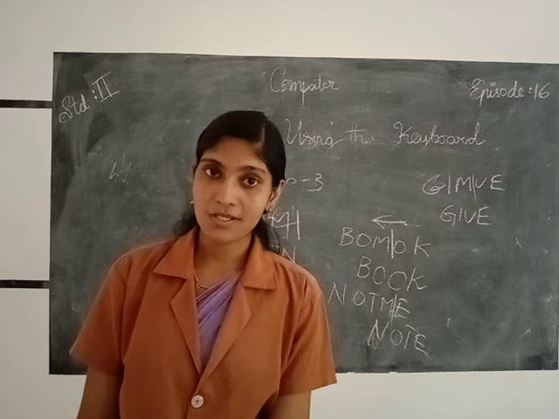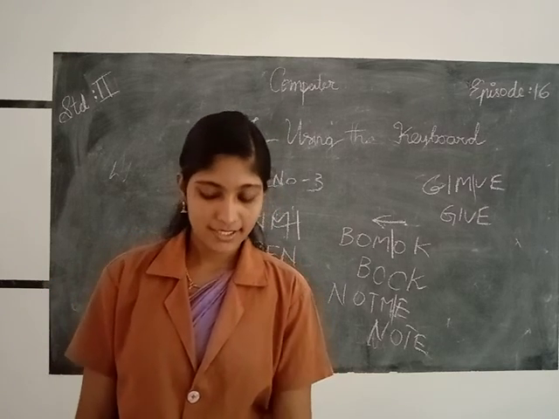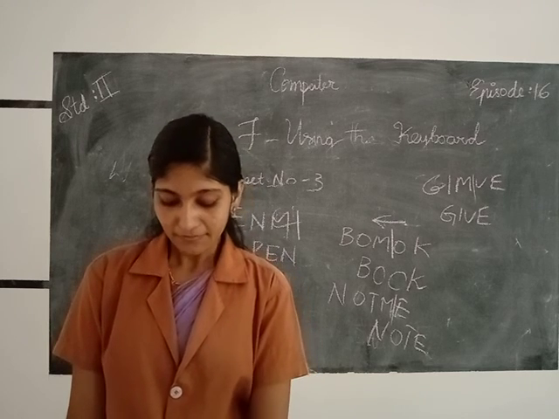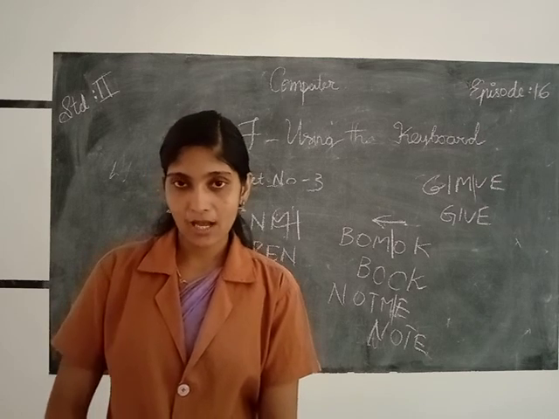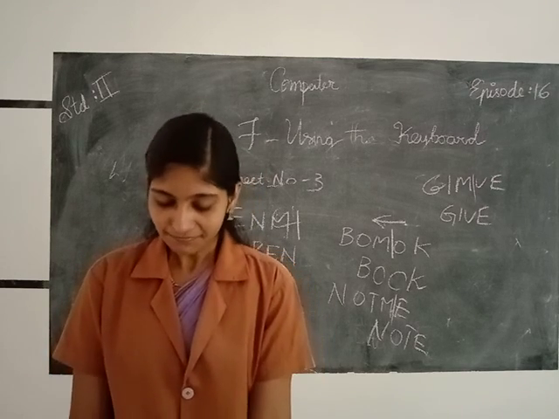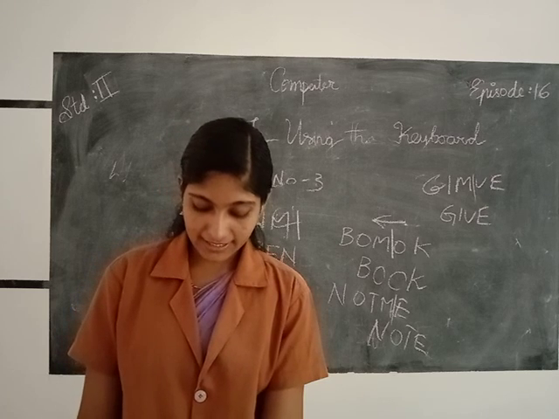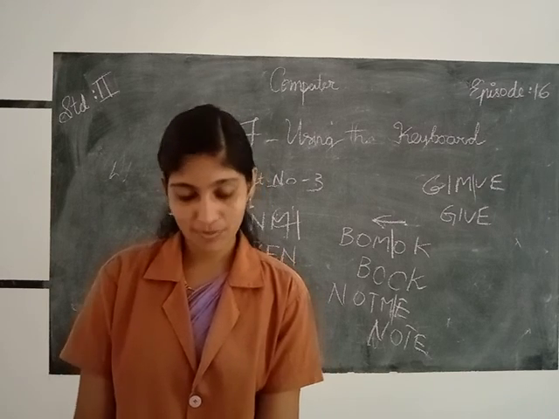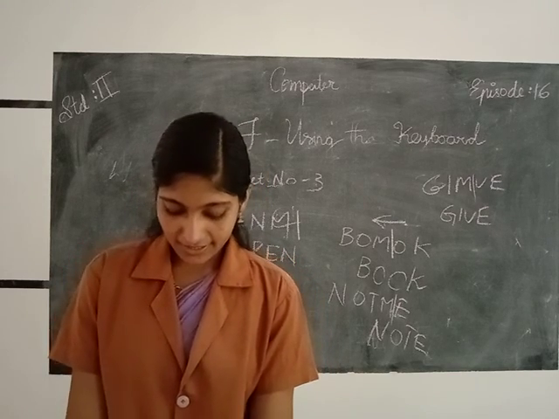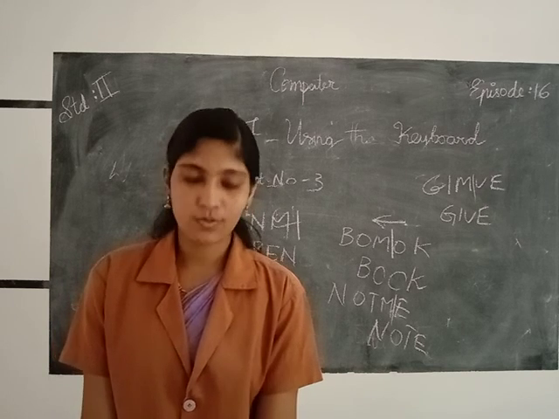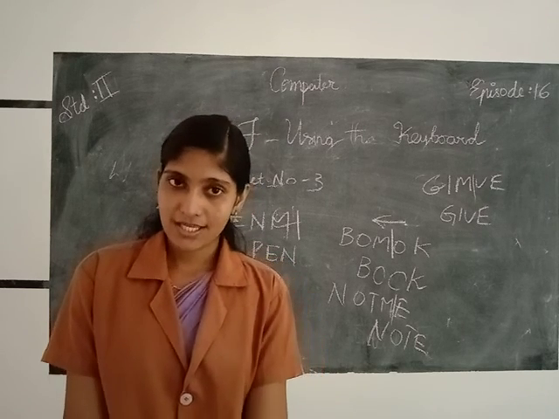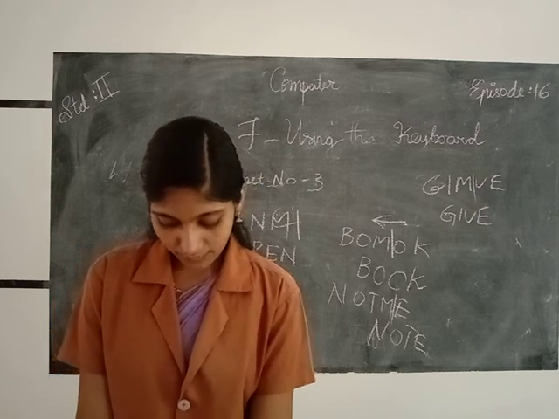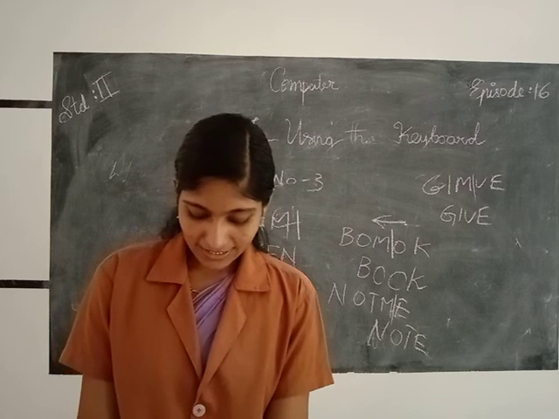When the caps lock key is on, then we can write capital letters. And here the statement says that when the caps lock key is off, it is used for typing in capital letters. So it is false. Then the second question: the space bar key gives a space every time it is pressed. Yes, that is the purpose of the space bar key. Then the third one: the enter key, when pressed while typing, will erase the next word. What is the use of the enter key? When we press it while typing, it will go to the next line. So this is false.